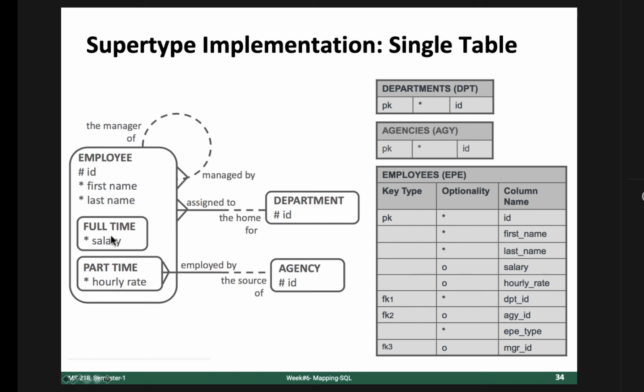For full-time employees we have to add a fixed salary, let's say per-month or annual salary. But for part-time employees we have to add an hourly rate. For each employee, the supertype attributes are the common attributes. And here this relationship is for all.